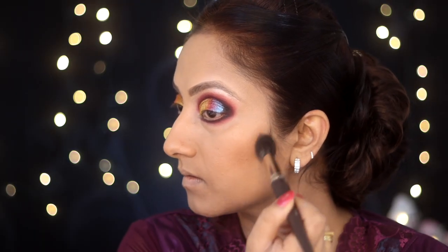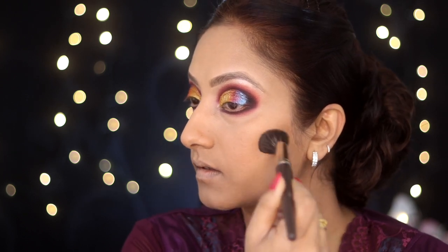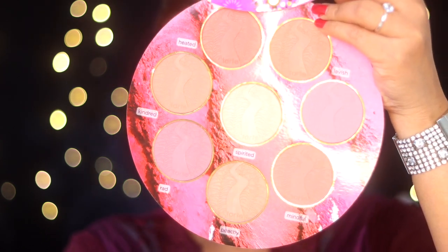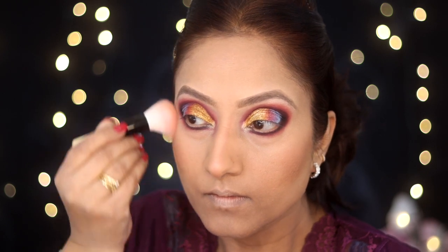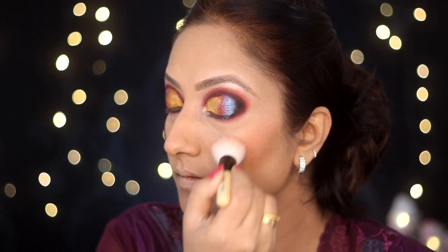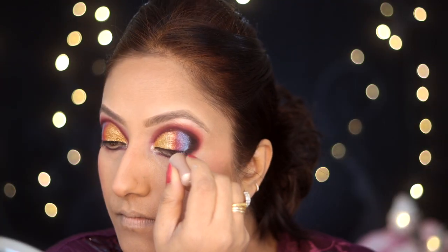Now Hoola bronzer, and then after bronzer I'll use Tarte blusher palette. That is another favorite. It has one very nice highlighter shade as well, and you get different six or seven blusher shades, so it's very good. It's made out of Amazonian clay. It sets good on the skin, and I really like the texture of it. Then today I'm using Wet n Wild eyeliner,